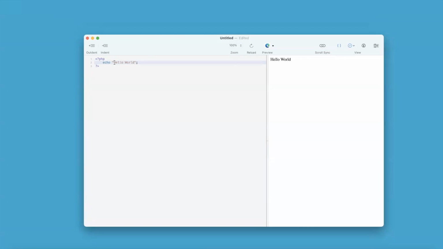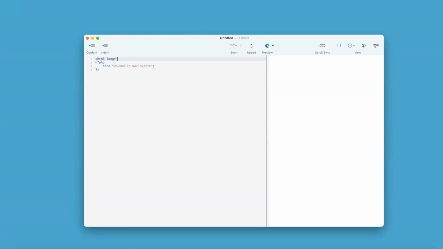If I wanted this in a header, I can do something like H2, and then obviously finish my H2. And now it's a hello world with heading level 2 in HTML. Now, you can embed HTML within PHP within HTML. That's one of the coolest things you can do. That's why I said it's at the server level, but I can do something like HTML,